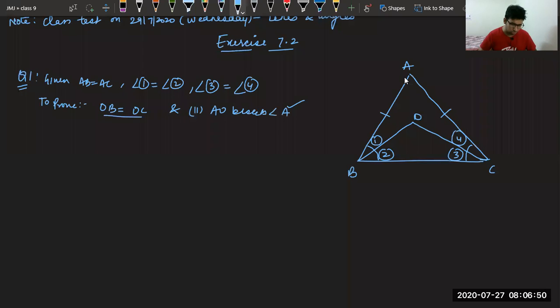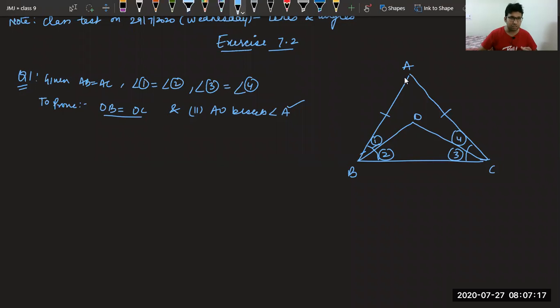Utkarsh saying, very good Utkarsh. All of you, we have seen if two things are equal, their halves are also equal. Yes, class? We know sides opposite to equal angles are equal. So somewhere that theorem will help us over here, because if we want to prove OB equal to OC and we know that angle 2 equal to angle 3, we can say they are equal.